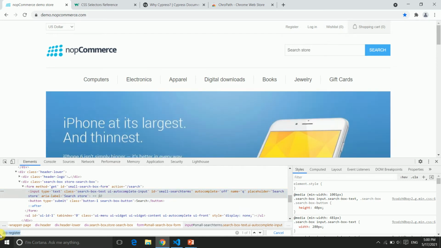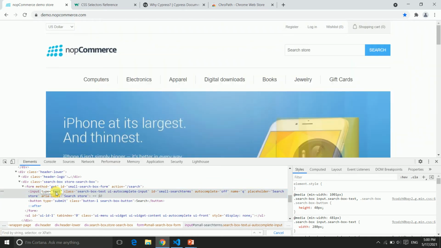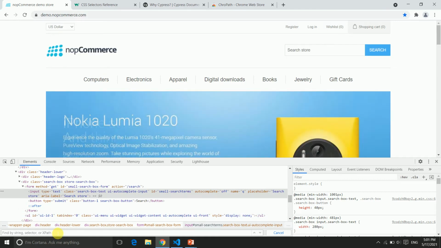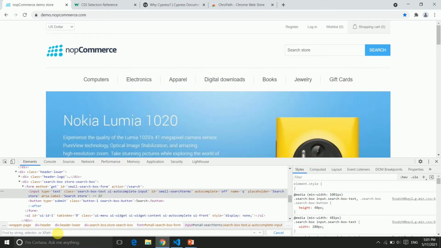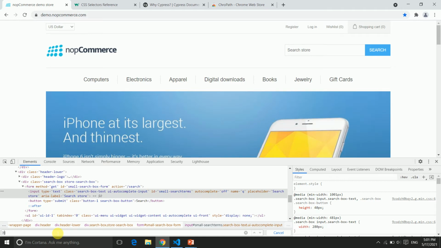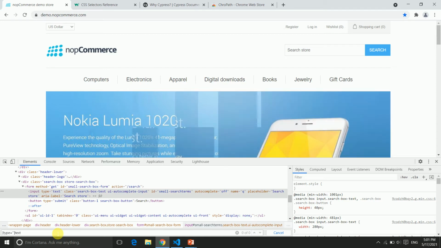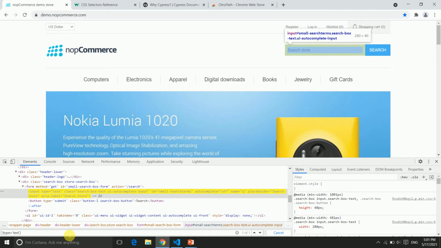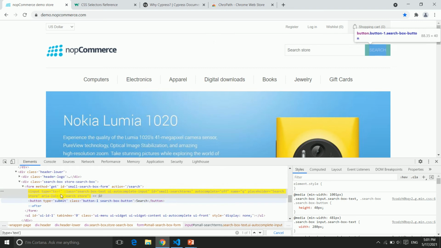So just delete it, and suppose we have the type with the text. So copy this text, and there is a format, like if you want to create your path by using the type, name or different thing, so that you need to give the square bracket, then type equal in single quote, just paste the value. So here we got the one matching node, and it's highlighting the particular search store. That means we have the perfect matching node and the perfect XPath.